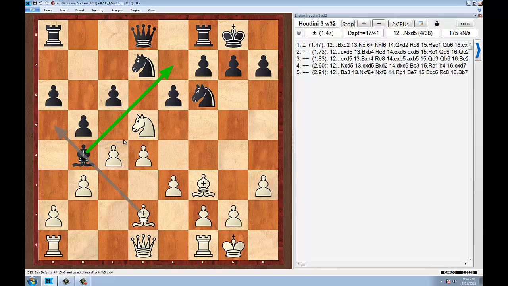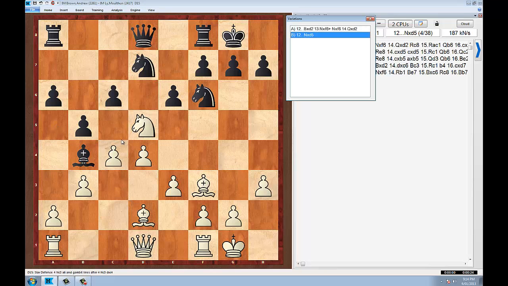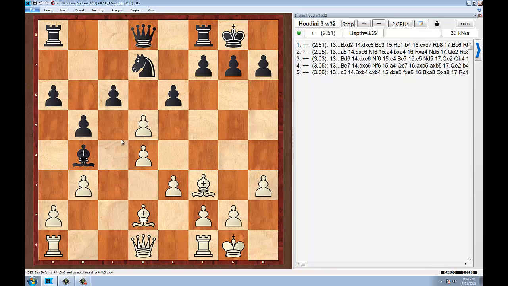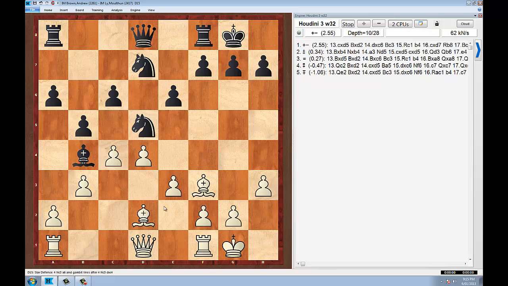Black decides they're going to capture this. Knight takes d5. And white, unsurprisingly, captures with the pawn, because this move's going to gain time. They don't make the mistake of taking on b4. That would be like a beginner's mistake, because a beginner's mistake here would be bishop takes b4,